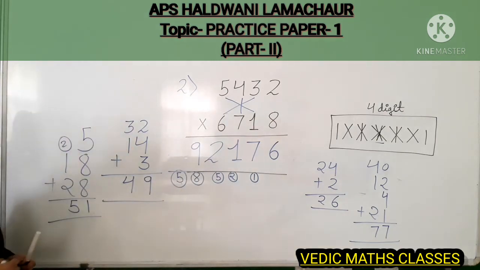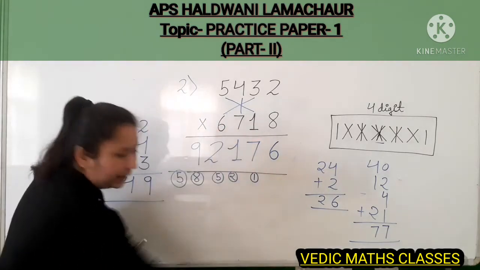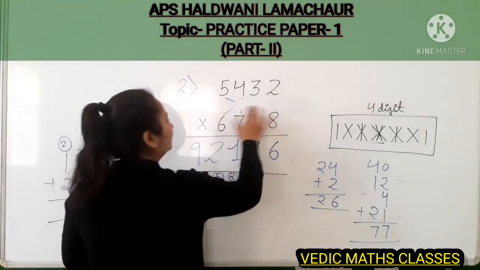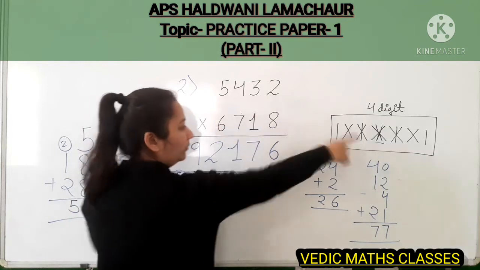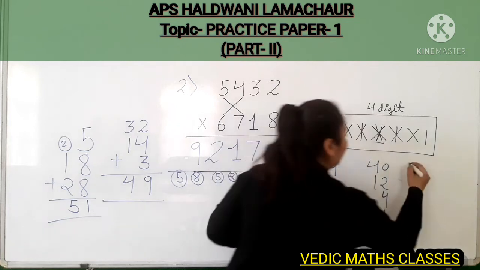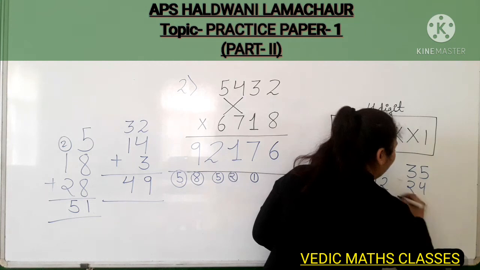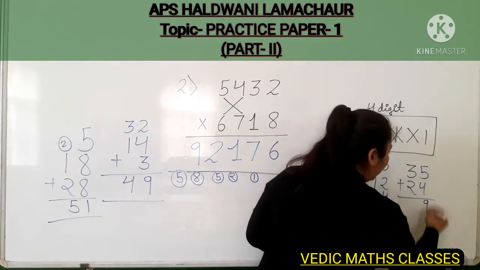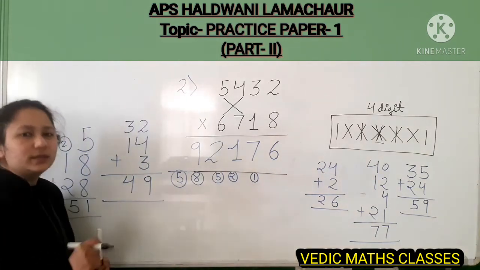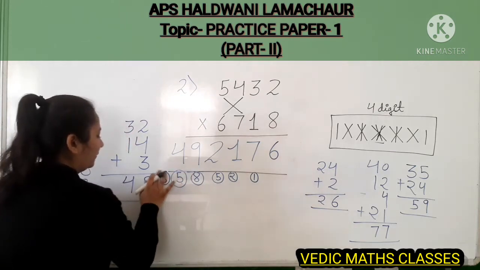It's a lengthy sum kids because it's a 4-digit multiplication, and the calculations I am doing by writing, you can solve it in your mind also. Now after 3, 2. Now 7 5s are 35. 6 4s are 24. Add them. 5 plus 4, 9. 3 plus 2, 5. It's 59. 59 plus 5, 64. 64, 4 here. 6 will go carry.